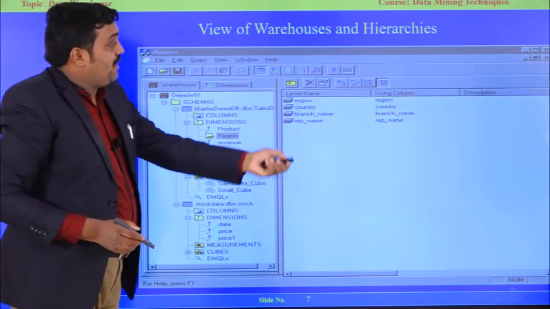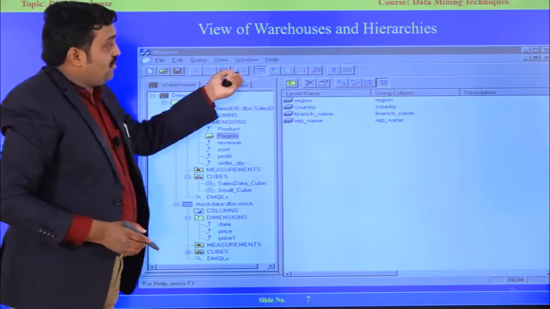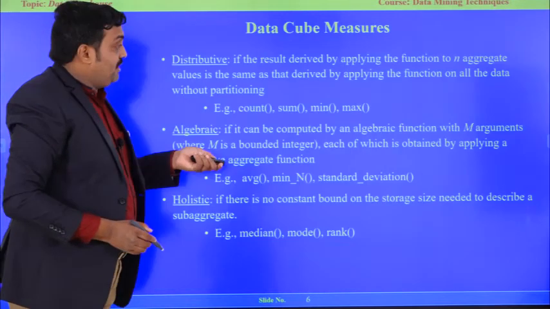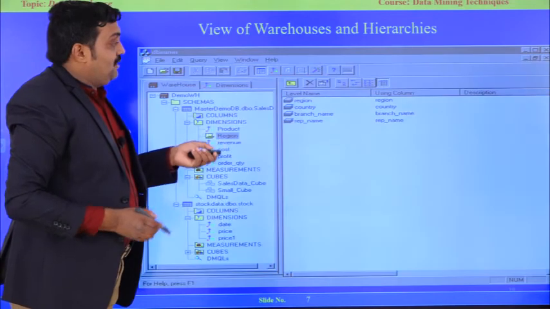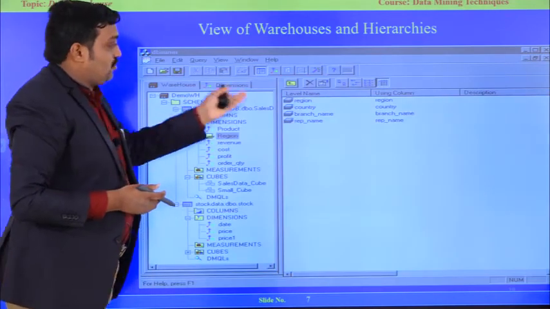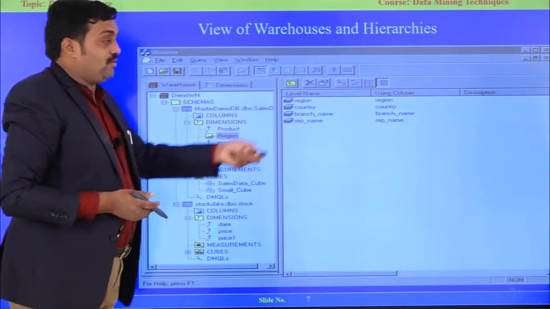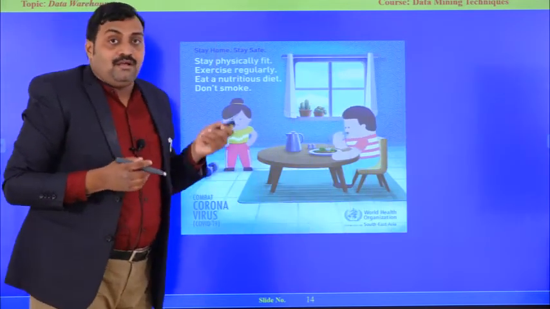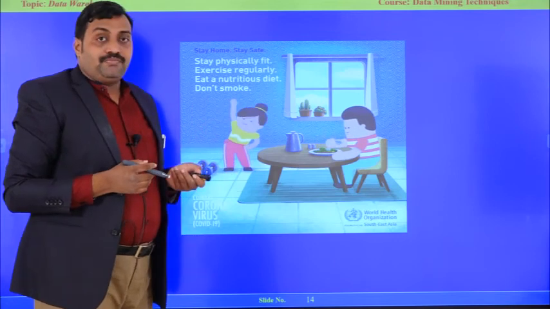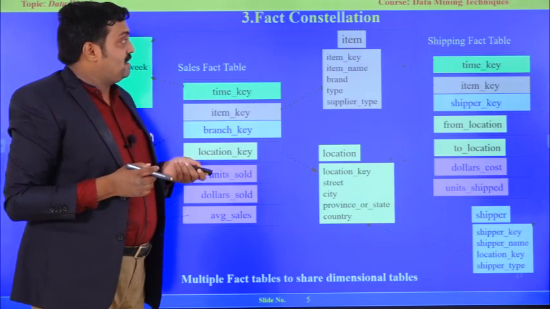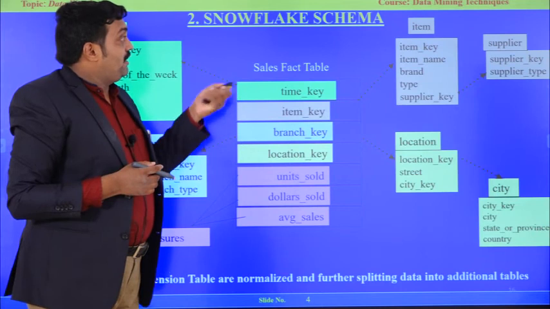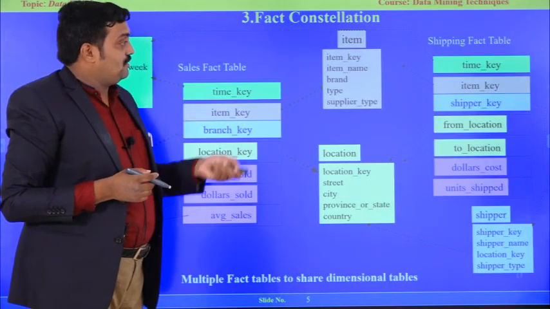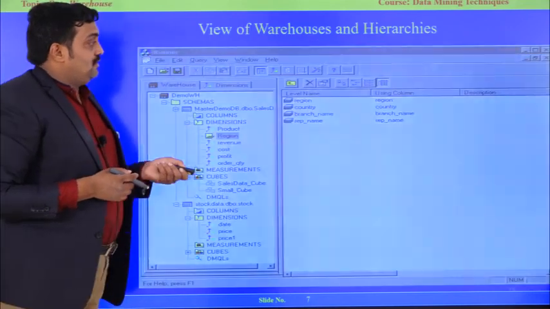This is a simple concept of the software framework, how the data warehouse looks like. If we observe the data cube, this is how the software shows it. This is the framework. Hope you understand this concept of data dimensionality and schemas like star, snowflake, and galaxy model. These three are very important concepts.